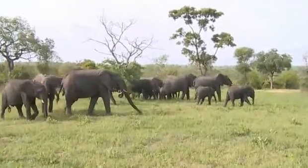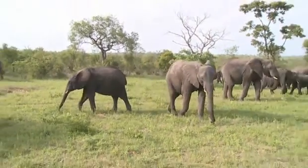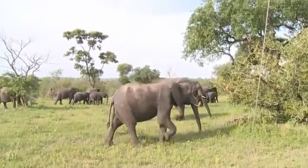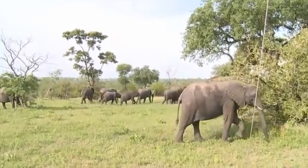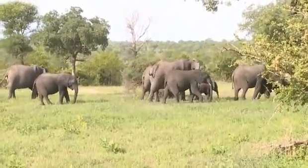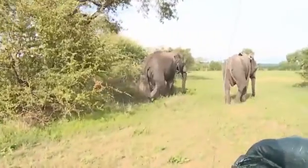Listen to that rumbling. Oh, some youngsters coming in here for a closer look, which is great. Beautiful. Absolutely beautiful. I'm going to continue trying to stay in front of them. They're moving quite quickly. Not too much to feed on in this open clearing, so